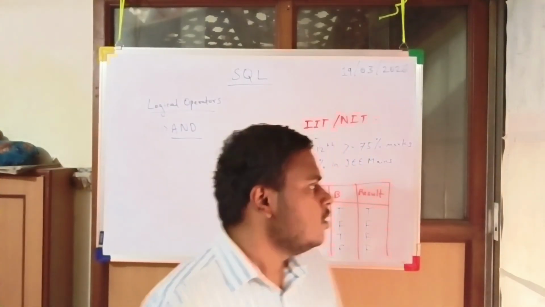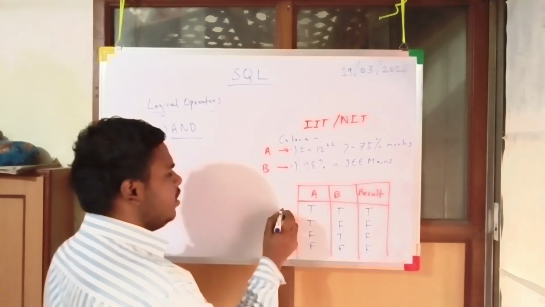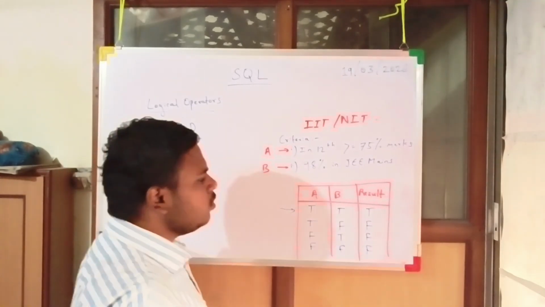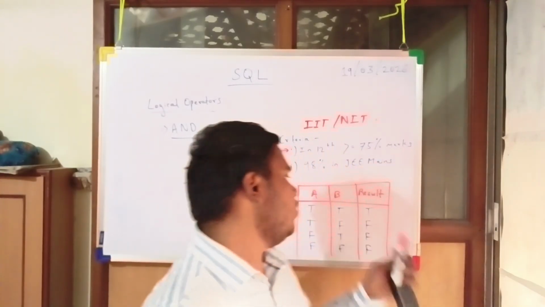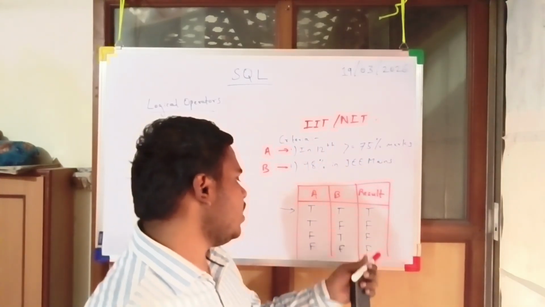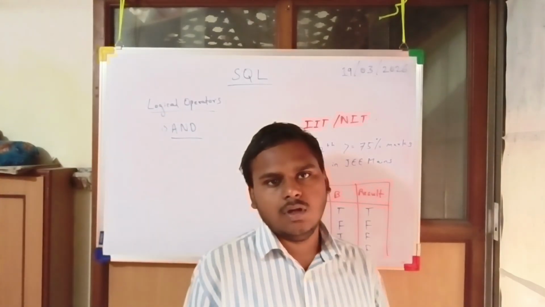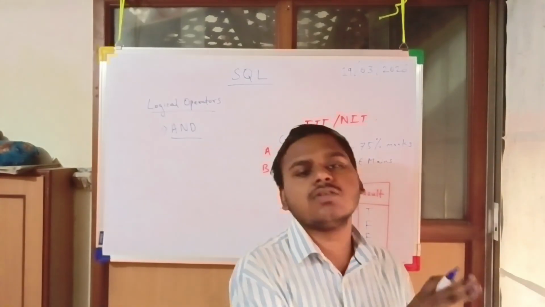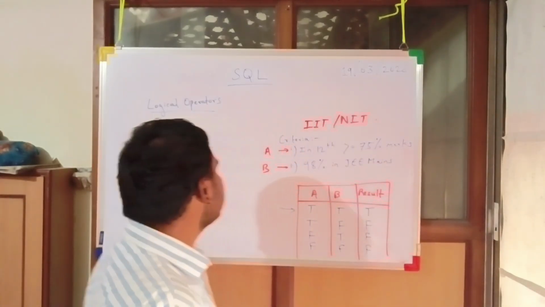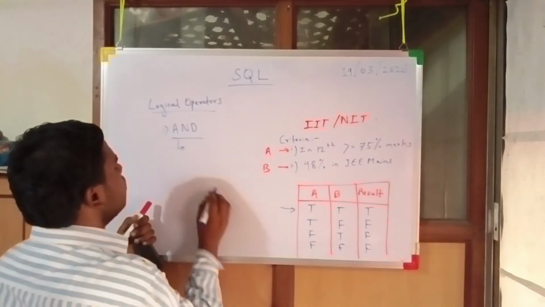Now you have seen that in the first case, when both conditions are satisfied, only then do we get the output. In the remaining cases, even when a single condition is satisfied, we do not get the output. When both conditions are not satisfied, we also do not get the output. So what is the role of the AND operator? The AND operator's role is